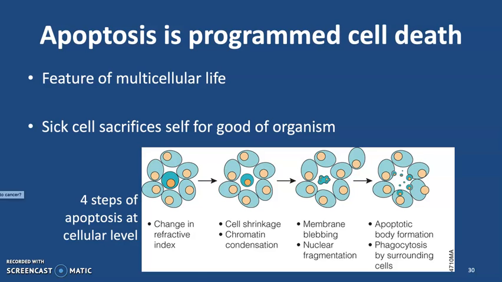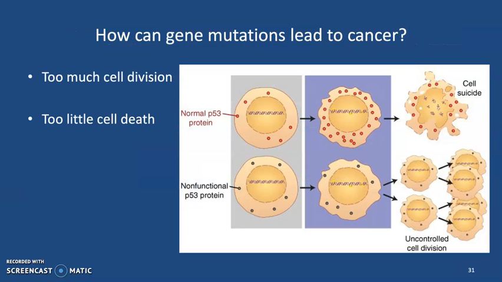That's the normal situation. However, another prerequisite for cancer would be that those processes also get destroyed. So not only is there too much cell division in cancer, but there's also too little cell death. So normally, again, the cell would die if it's not functioning properly. But in this case, here's P53. P53 is something that triggers apoptosis. And so when it is mutated, when it's not functional, no more apoptosis. And now not only are the cells dividing uncontrollably, they just won't die.